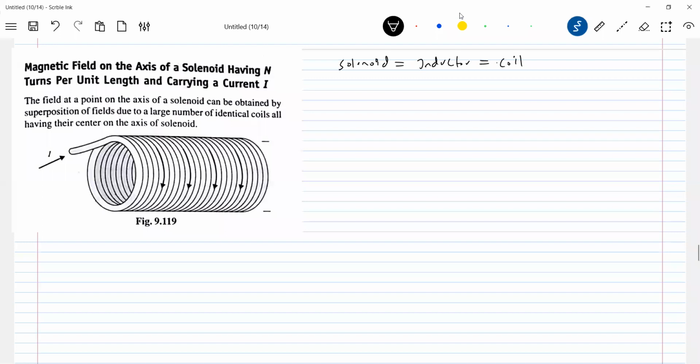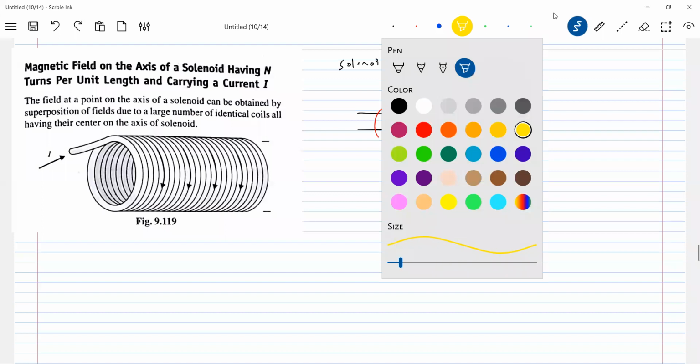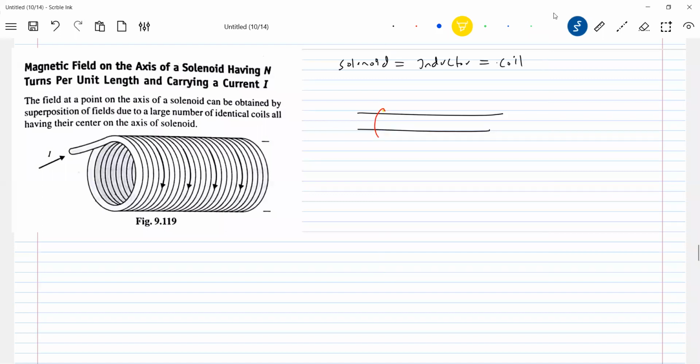Here the turns will be very closely wound. What I do is I take a wooden rod and a thin copper wire, and wind it. When I'm winding it, the turns will come in contact, but it should be insulated. Practically, this is how the winding is done. Here, I'll have a brush dipped in an insulating liquid. With that brush I'll just paste like this. Then I'll bring another turn.